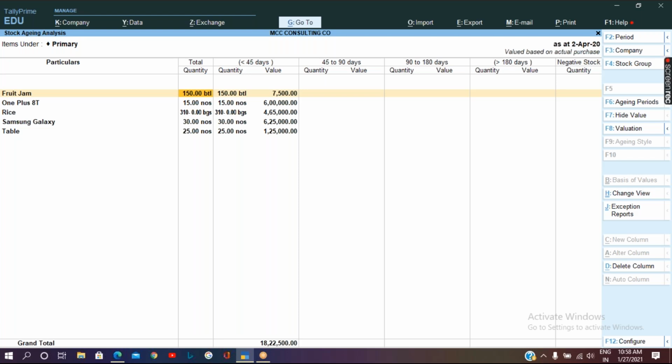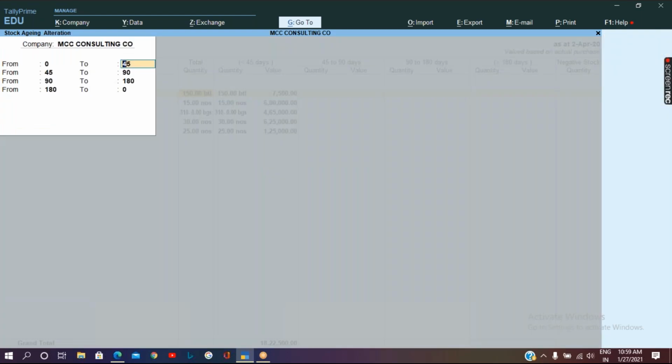If you want to clear goods that have been there for a very long time, you can find them and move those goods. You go to Gateway of Tally, Display, Statement of Inventory, Ageing Analysis, and select Primary stock so that you get all the stock items, and press F6.